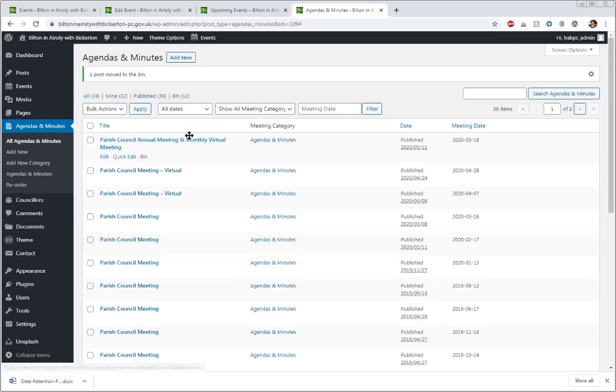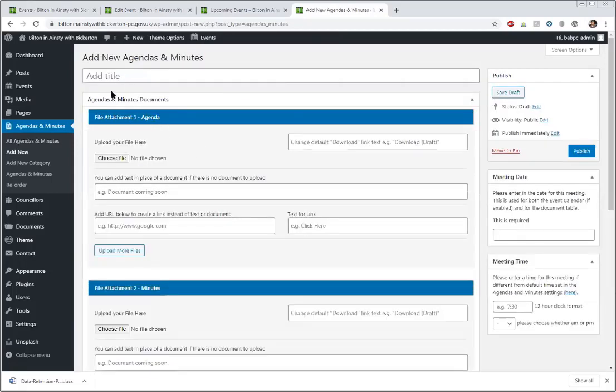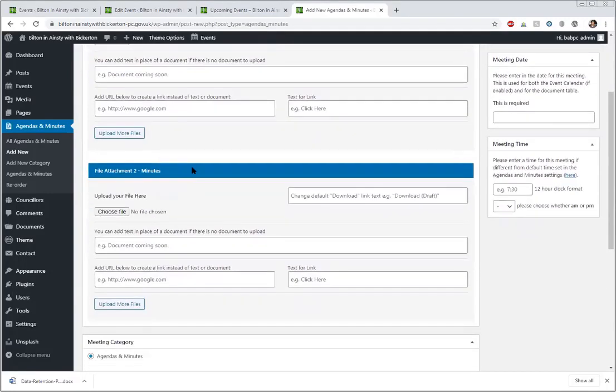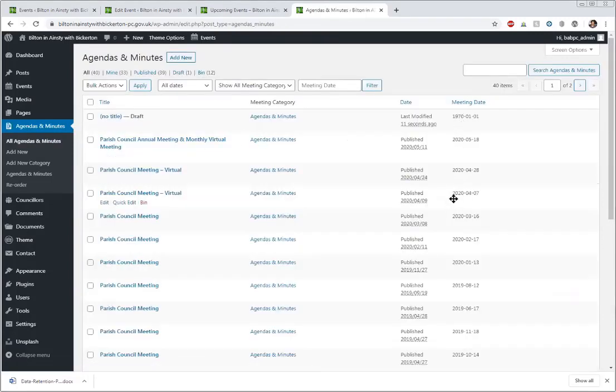But if you're not creating an agenda at that time, it doesn't matter. You can create the entry if you like. So you can create the parish council meeting, and add that as a new meeting for your next 12 months. Right. Okay. You're not attaching any files, right? Exactly. And you can come back then and edit that meeting, and you know which one you're editing because it's based on the meeting date.